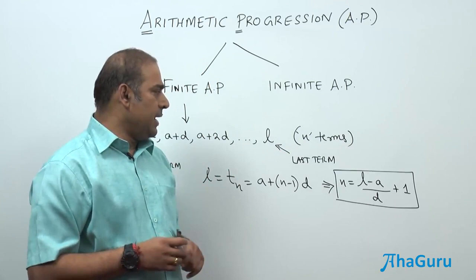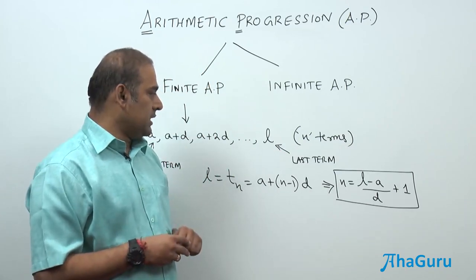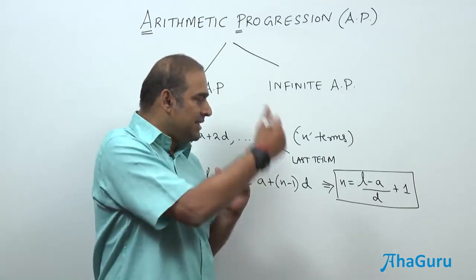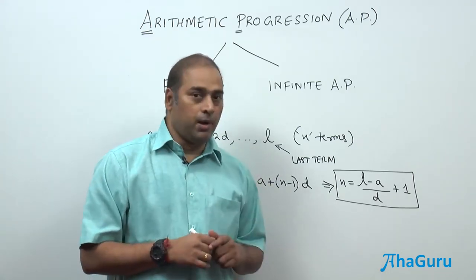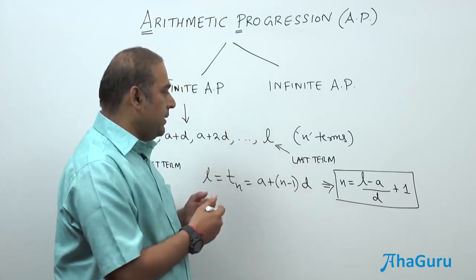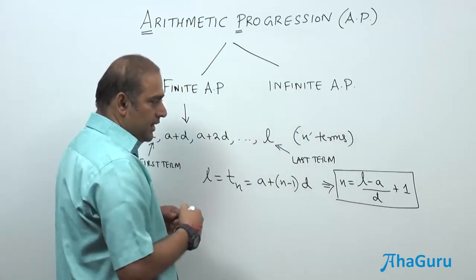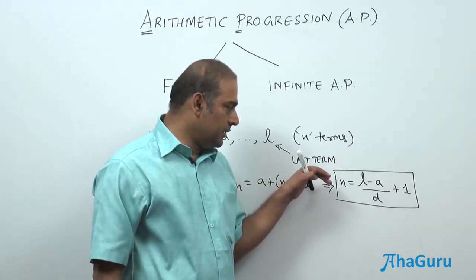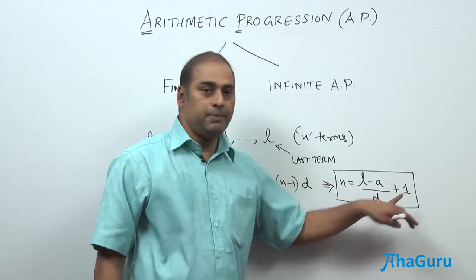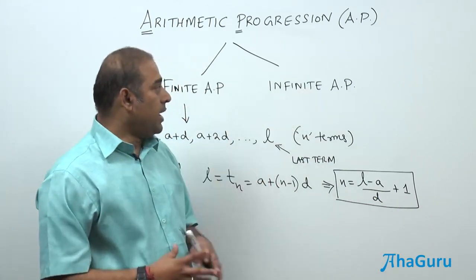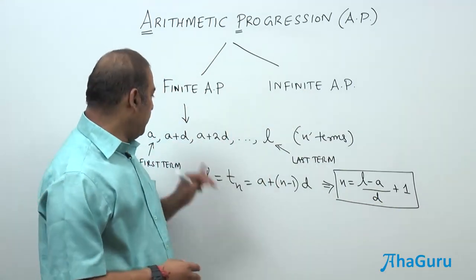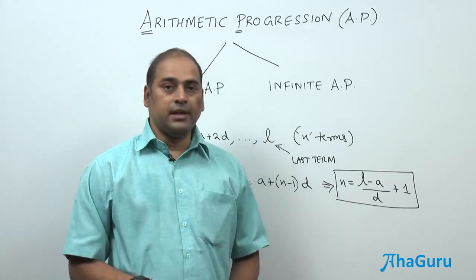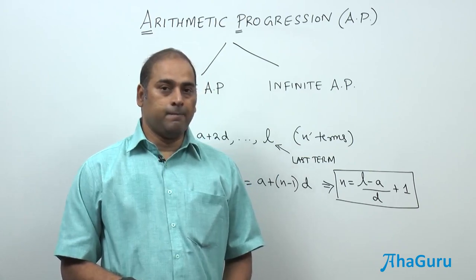And of course, for an infinite AP there is no last term, therefore we don't have the formula. But if you want to find the number of terms till some term, we can use this formula. We can think of a finite AP as a part of an infinite AP. So when you take that finite size, that term might be the last term or nth term. So n is equal to L minus A by D plus 1 can be used for even a part of an infinite AP or a finite AP whose first term is A and last term is L. So this is one formula to find the number of terms of a finite AP.